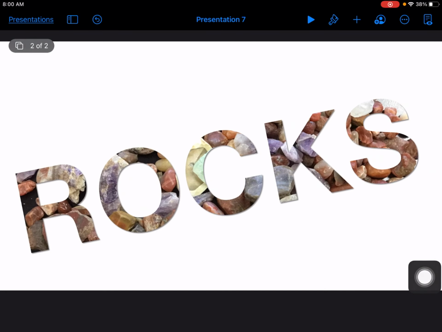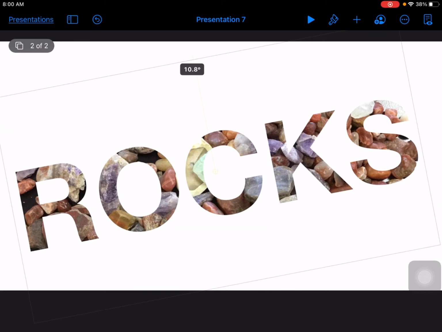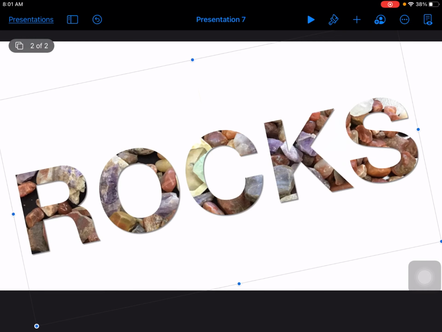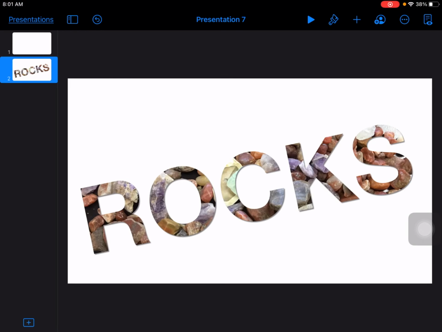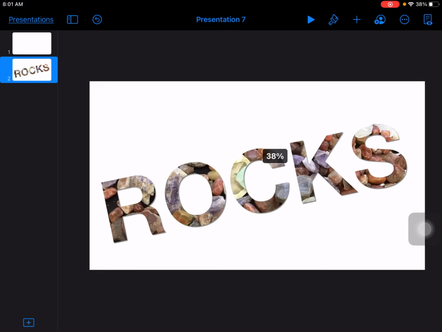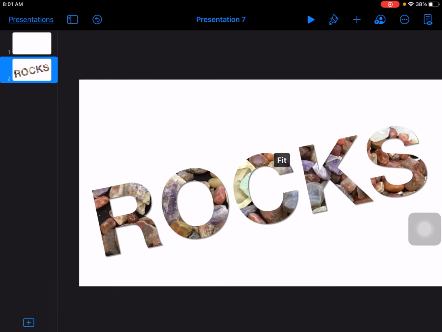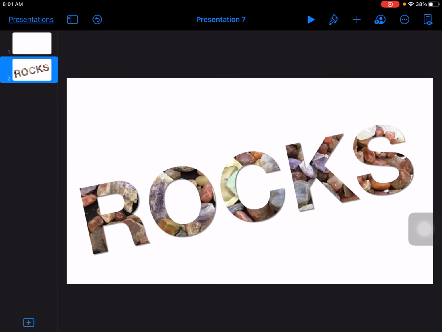You can leave your background as white at this point if you want. I'm going to change my background on this slide just a little bit more. So I'm going to tap on the slide so that nothing is selected. I don't see any boxes or handles. Just want to tap on the slide itself. And you may have to pinch to zoom back in if you don't see your toolbar across the top. I lost mine there for a second, so I'm zooming back in, and now I'm going to tap on the